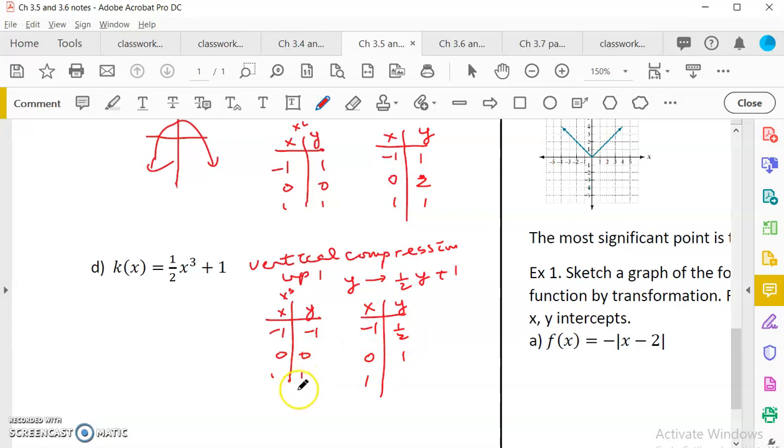Half of 1 is one half, add 1 is 1 and a half. So you can see that at 0 it becomes 1, at negative 1 it is just one half, and at 1 it is 1 and a half. So it is a more fair